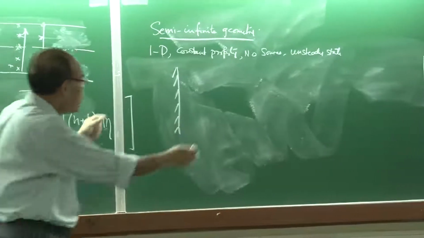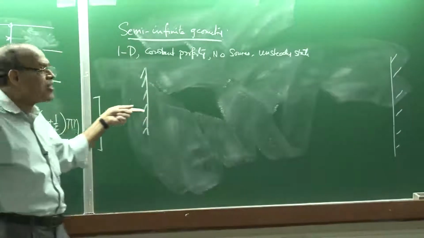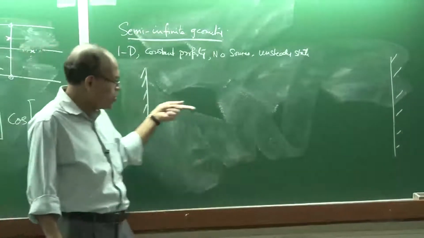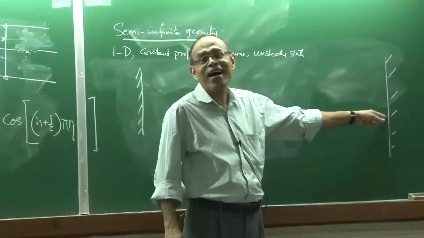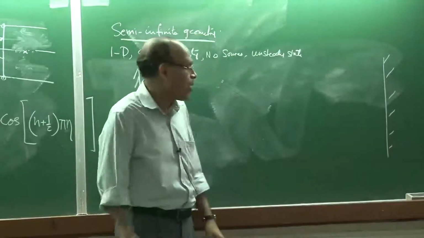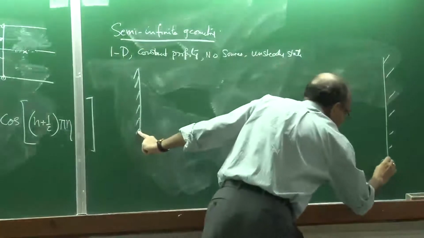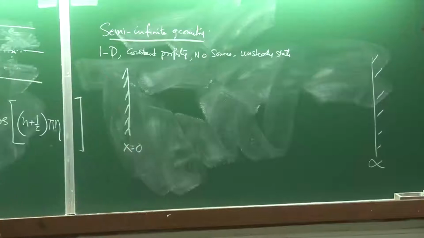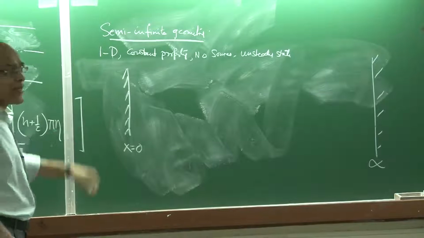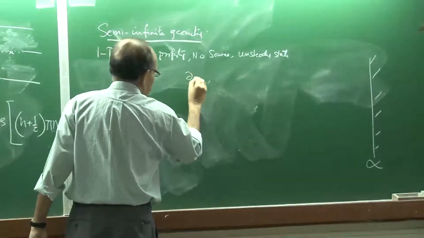So, therefore, even though the domain is finite, the one-dimensional phenomenon which is taking place is so slow that it does not recognize the presence of the wall at the other end. So, for all practical purposes, we can say that this wall is actually at a distance of infinity with respect to the origin, which may be taken to be x equal to 0. Okay? So, because it is a one-dimensional problem, the same governing equation will apply. So, we will say